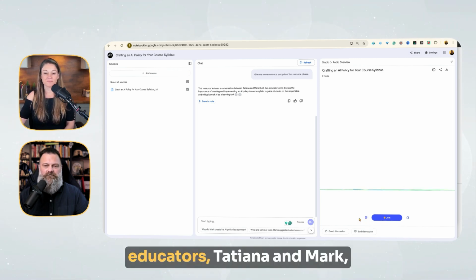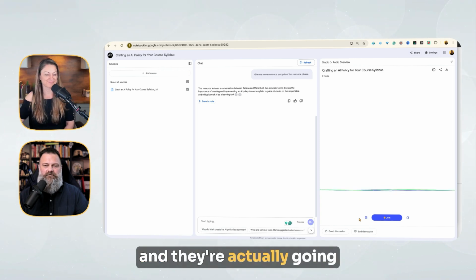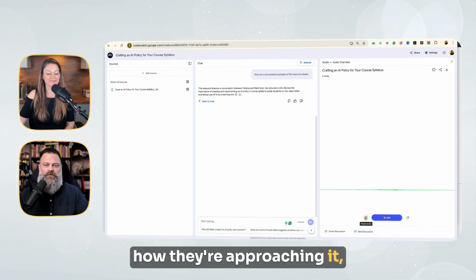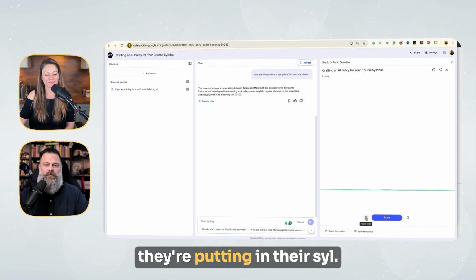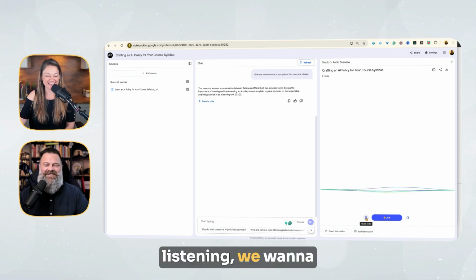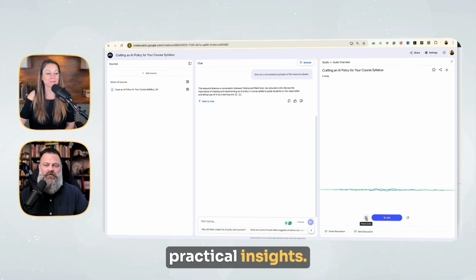two educators, Tatiana and Mark. And they're actually going through this right now. So they're sharing what they're thinking about, how they're approaching it, even specific wording they're putting in their syllabi. That's cool. So our goal today is, for you listening, we want to pull out those really practical insights